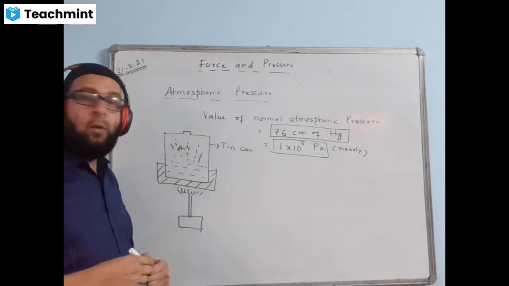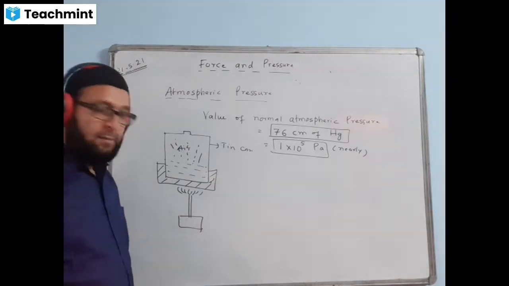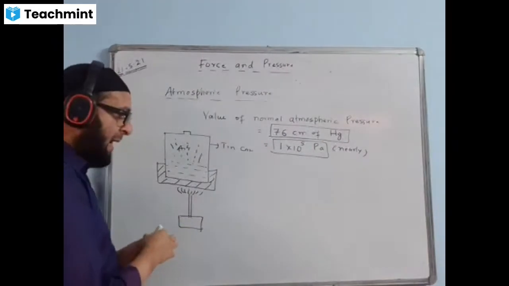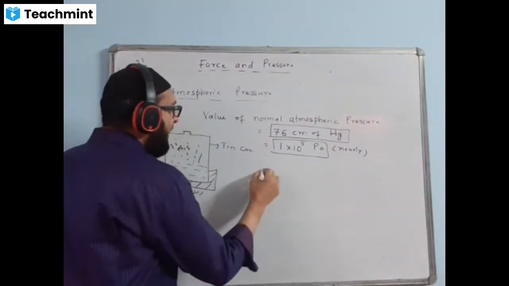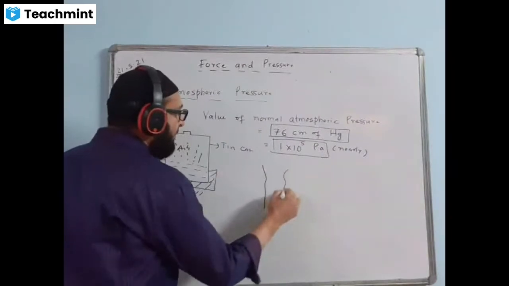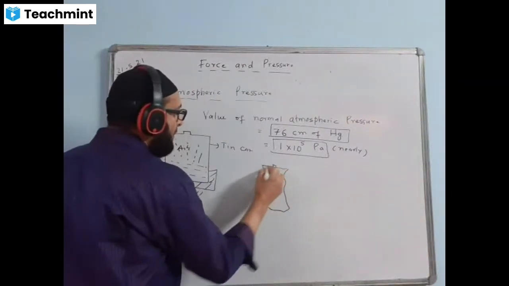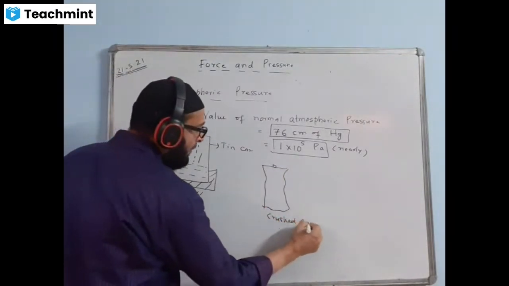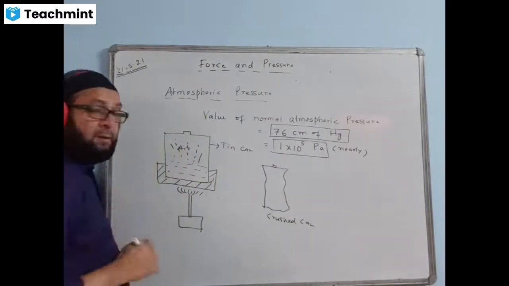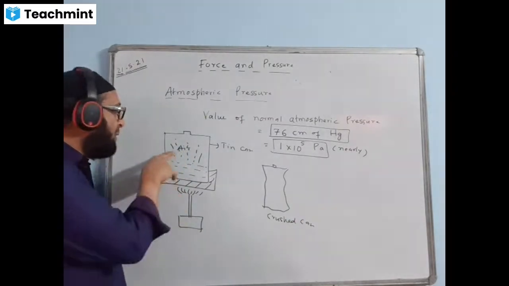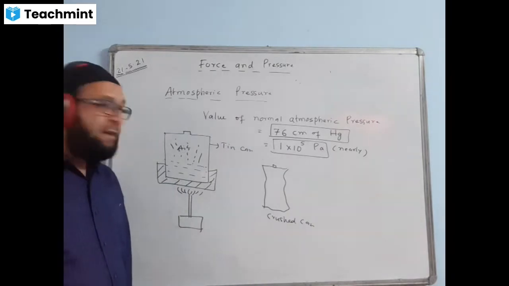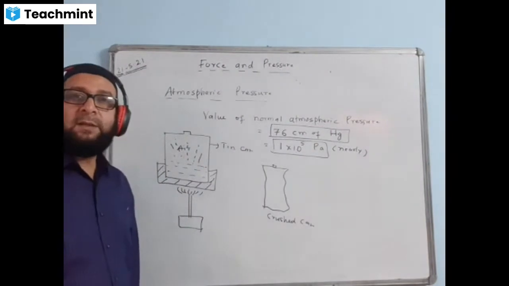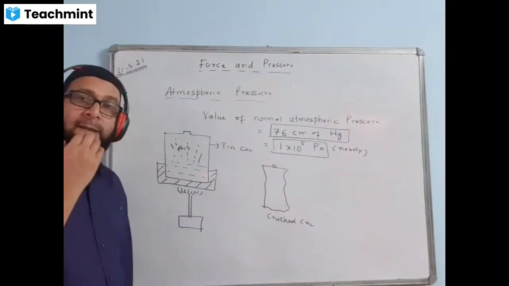When we pour cold water onto the can, suddenly we find the can is crushed. The can will be distorted like this. The can will crush. This is the crushed can. When we pour cold water onto this hot can, we find that the can crushes, collapses. You know why?